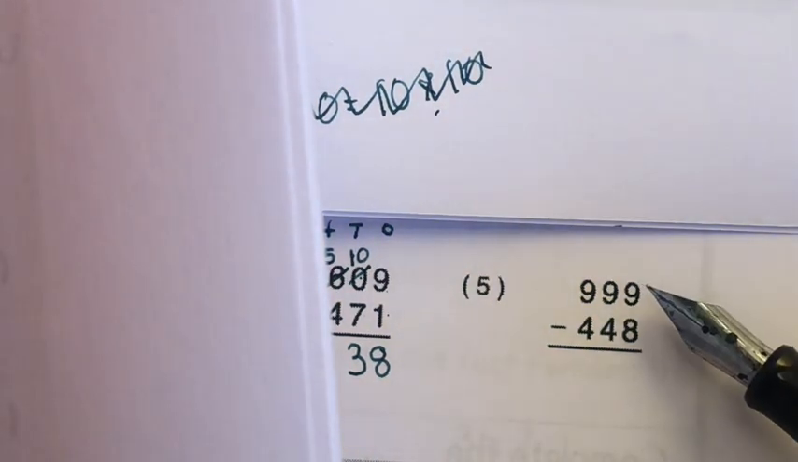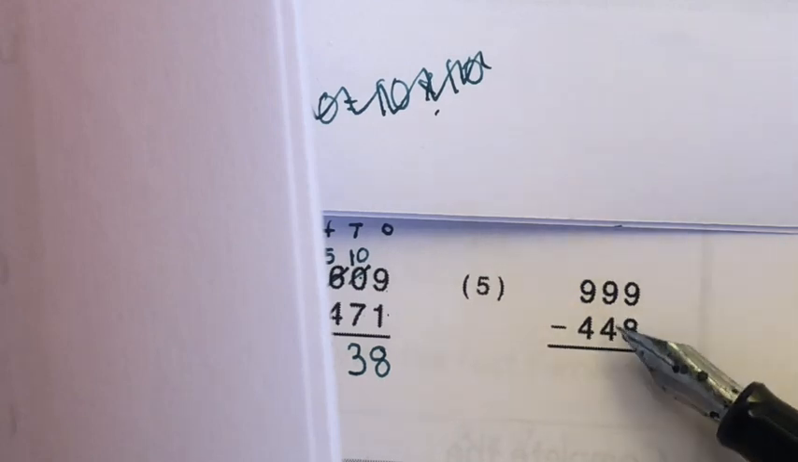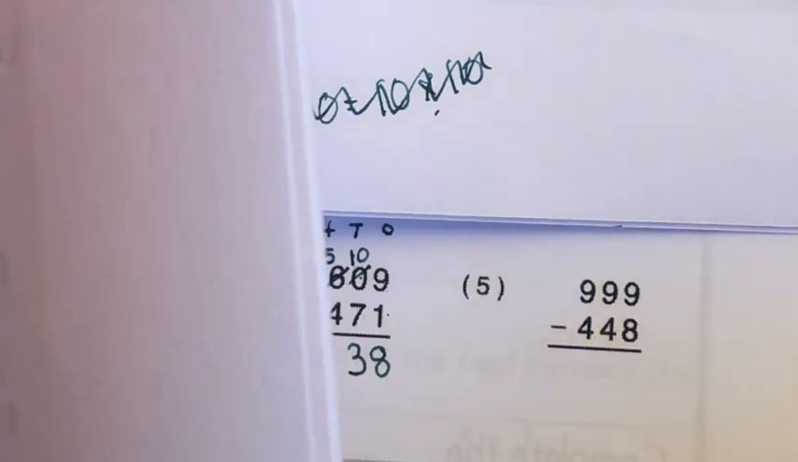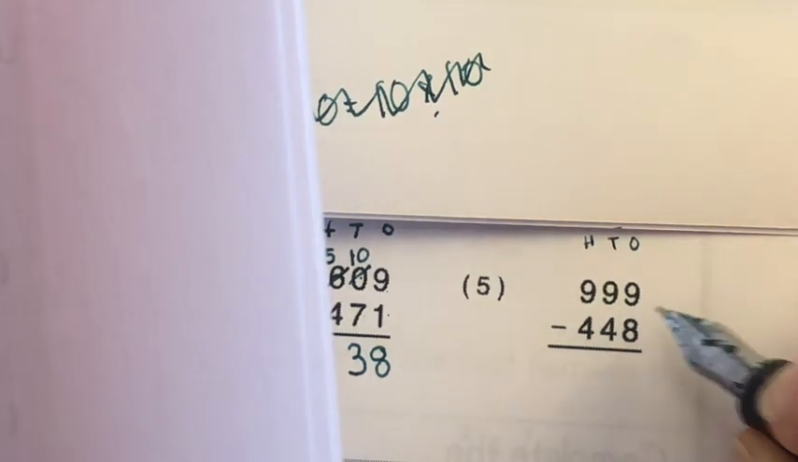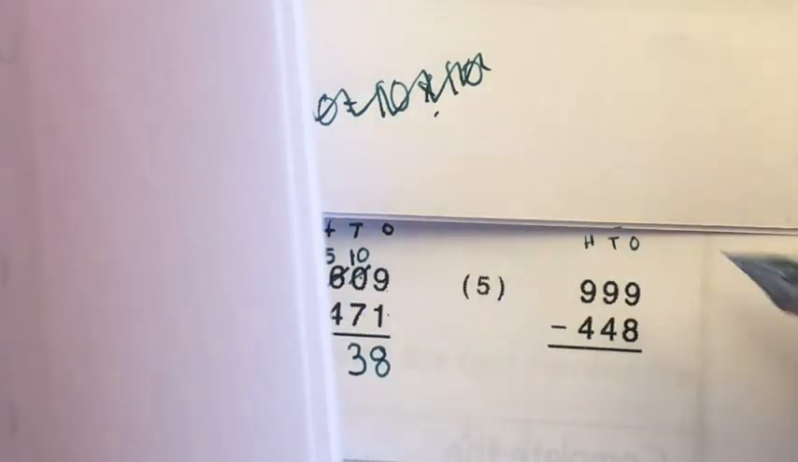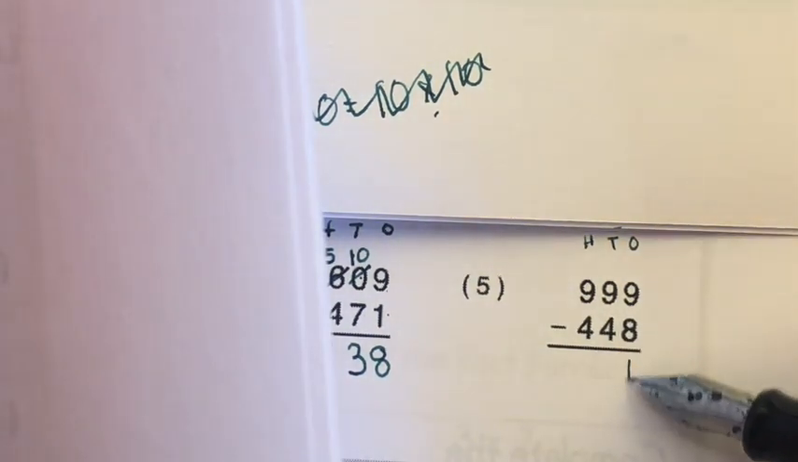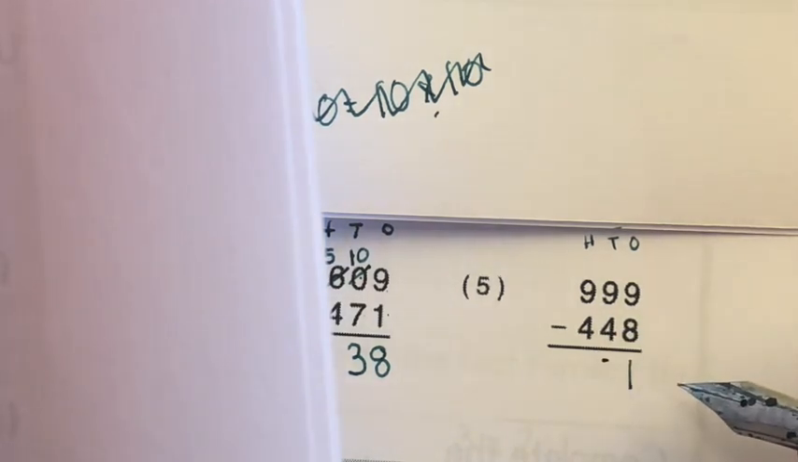Now for this one, it's pretty easy. I can see that 9 is bigger than 8, 9 is bigger than 4, and 9 is bigger than 4. So I just have to do my hundreds, tens, and ones. I start with my ones, and I just have to subtract, no regrouping. 9 subtract 8 is 1. 9 subtract 4 is, think about it,